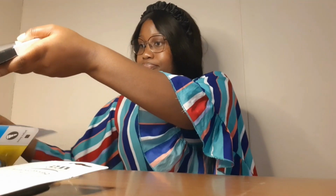So I got the frames at Crazy Store. They were $52 each. And then I got the two markers from Brock. The thicker marker was $24 and the thinner one was $21. You're also going to need, where did I put it? You're going to need